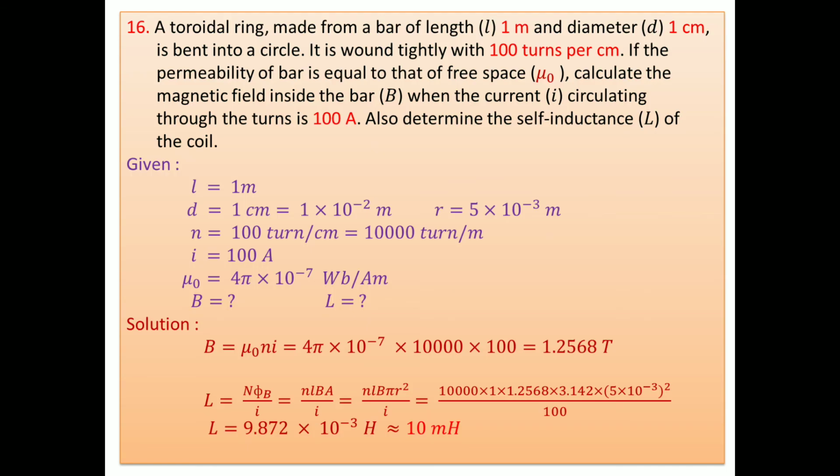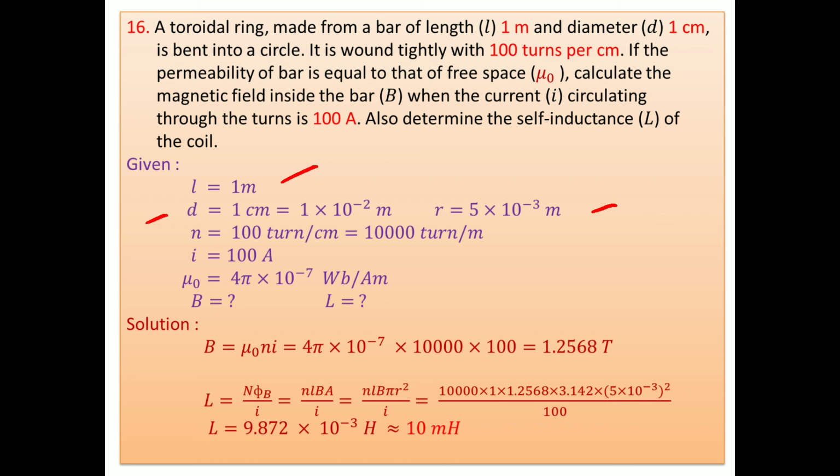Thereafter, we go through numerical number 16. A toroidal ring made from a bar of length L 1 meter and diameter d 1 centimeter is bent into a circle. Length is 1 meter, diameter d is 1 centimeter, 1 into 10 raised to minus 2, radius is 5 into 10 raised to minus 3. How we can take it? 1 upon 2 means 0.5 into 10 raised to minus 2, means decimal shifted, 5 into 10 raised to minus 3 meter for convenience. And thereafter it is wound tightly